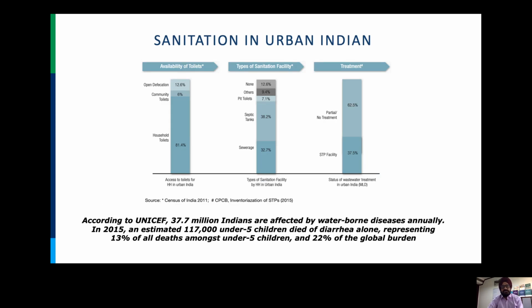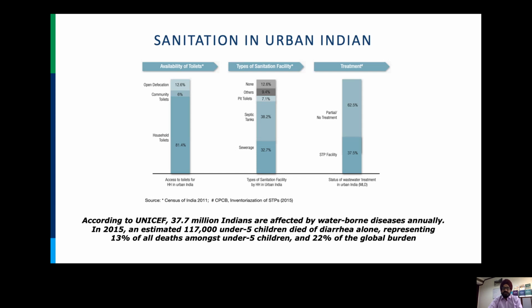If you look at the sanitation in urban India, we can look at it in terms of toilets, because the Swachh Bharat mission focused essentially on toilets. We can look at the type of sanitation facilities, and then we can look at treatment. So the bar chart actually shows you that while the availability of toilets is very high,